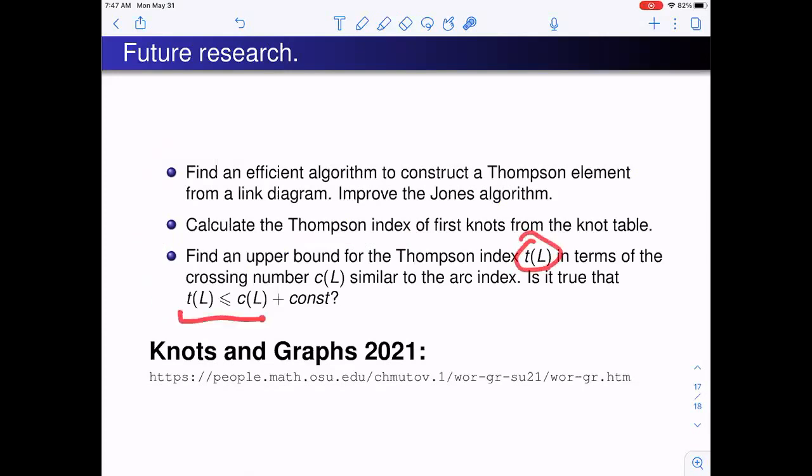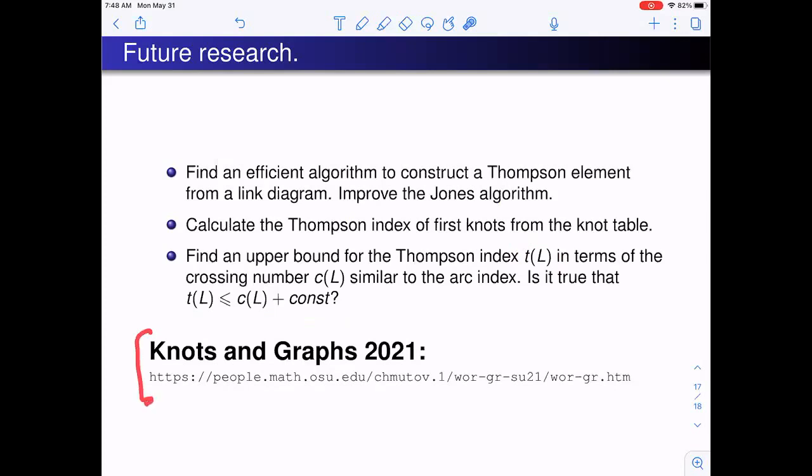Is there something like what we have for the arc index? If there is a crossing number plus some constant, 3, 2, whatever that constant might be, a universal constant which would describe the restriction of the Thompson index. So these are directions for future research, and I'm going to pursue them with my undergraduate